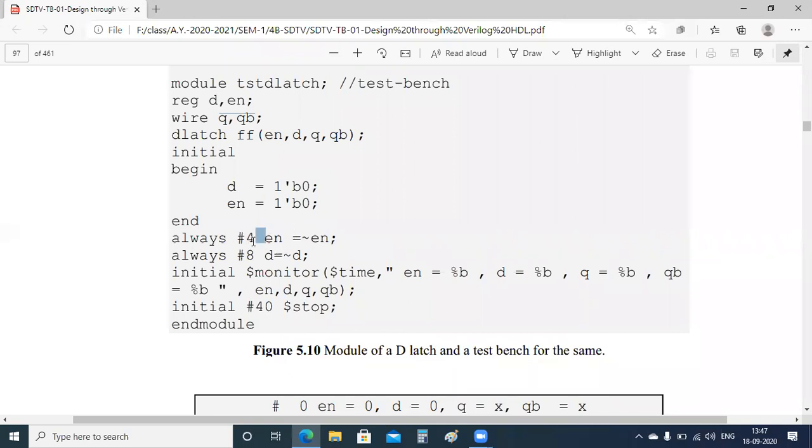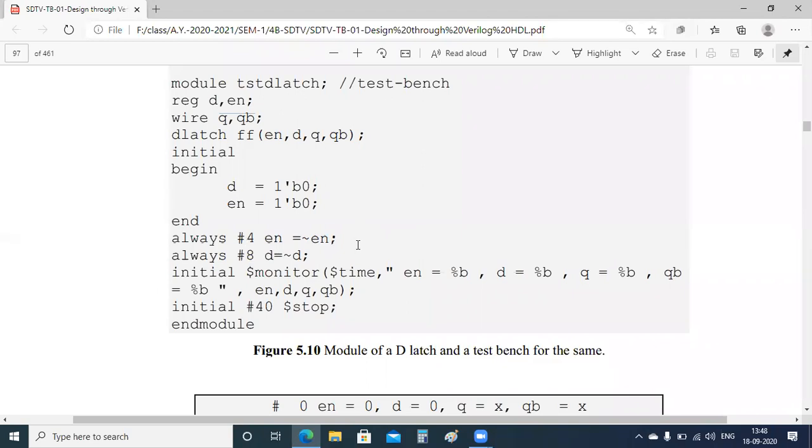After 4 seconds, we are negating the enable signal, and after 8 seconds, we are negating D. That means we are just creating two waveforms with two time periods.